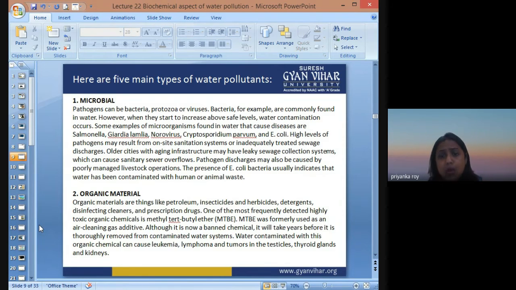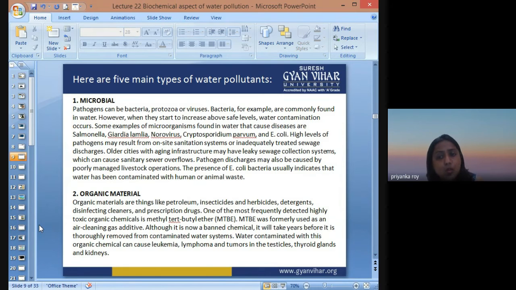in water bodies. One of the most frequently detected highly toxic organic chemicals is methyl tertiary butyl ether, MTBE, which was formerly used as an air cleaner and in gas and adhesives. When you are spraying your rooms and houses with air cleaning products, they can also get mixed up with water bodies. Although it is not a banned chemical, it will take years before it is thoroughly removed from the contaminated water